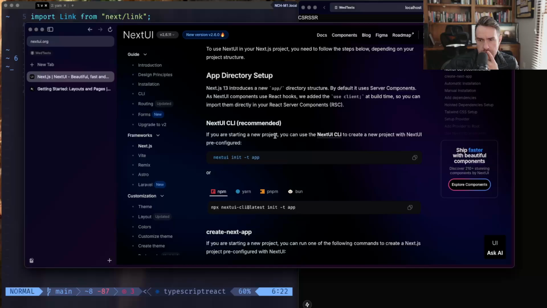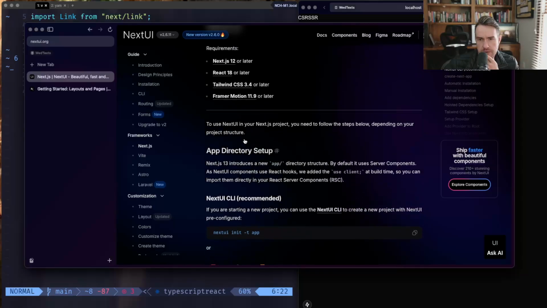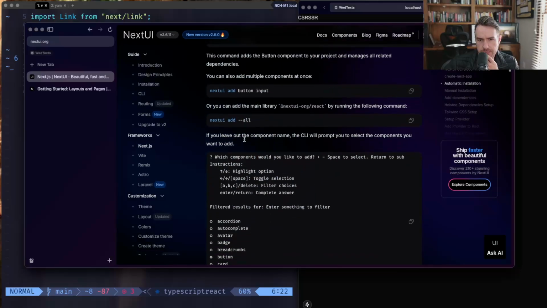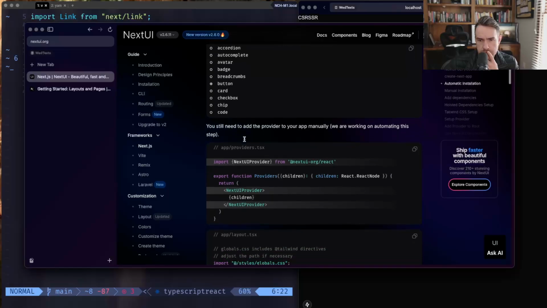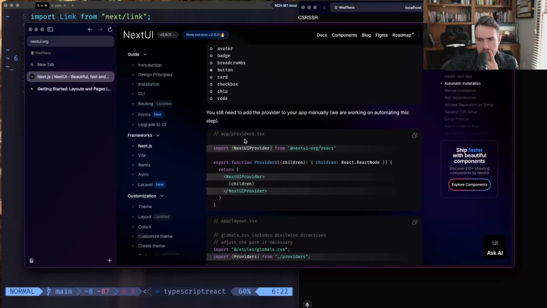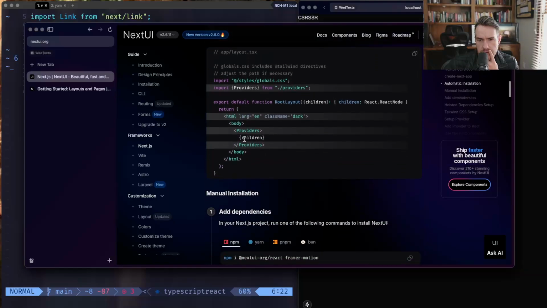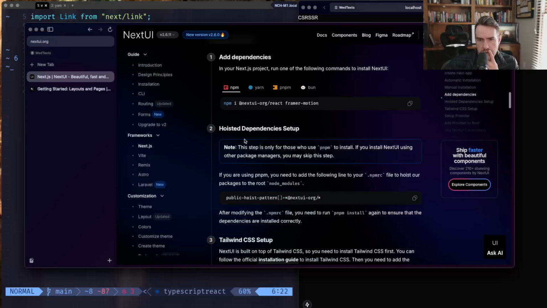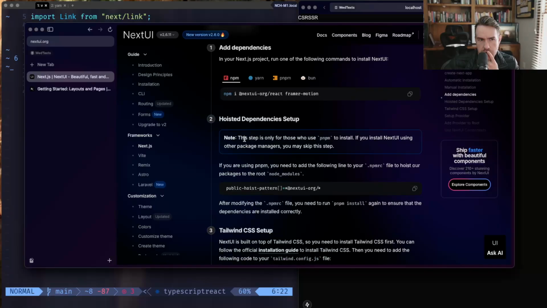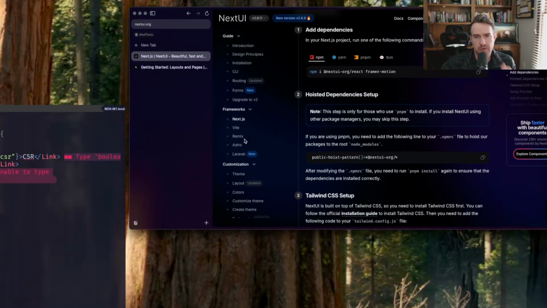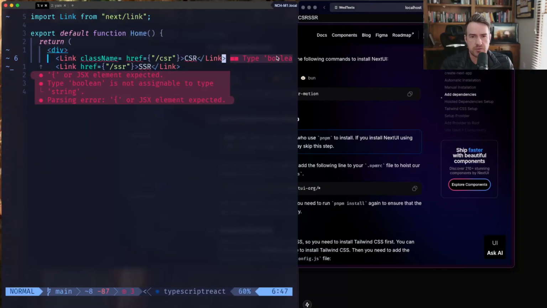Yeah, see. NextUI providers and the root layout. Manual installation. Do I care? It'd probably go a little faster, but the reality is I think we can just use